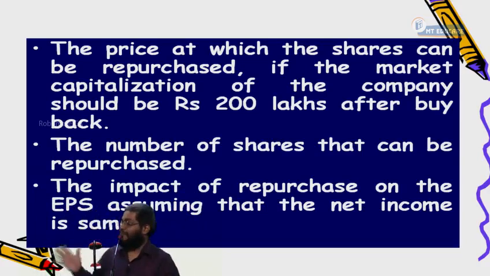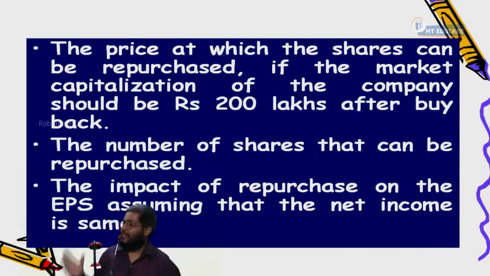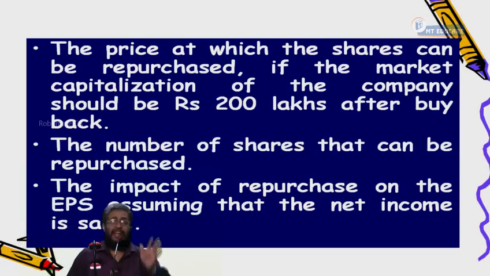And next, the company believes that if they buy back at X rupees, the share price after buyback will continue to be X, or will increase. Normally, it should be X, theoretically. But market sentiment may also increase it. The company believes that after buyback the share price will not be X rupees. It will become 110% of X, because the share price is expected to increase by 10%. That is the next detail given. Are you following or not?